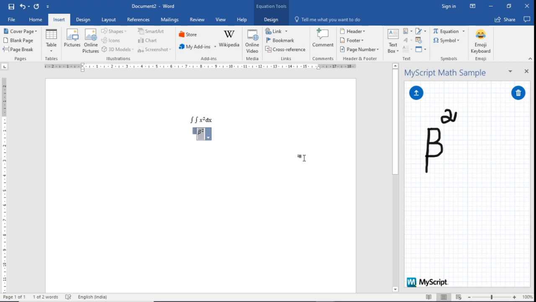Whatever equation you want to enter into your Word document, instead of searching for equations, which requires a very big process when we want to insert equations in Microsoft Word, we can just write the particular equation here and it automatically detects your equation and inserts it into your Microsoft Word document. So I hope this add-on will be useful for us. Let me delete these two.